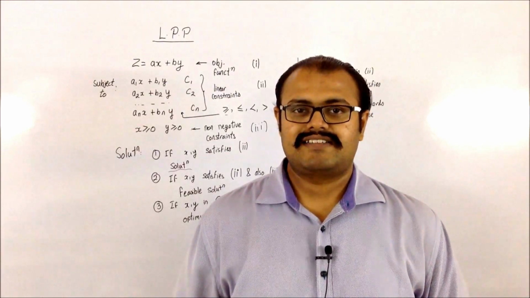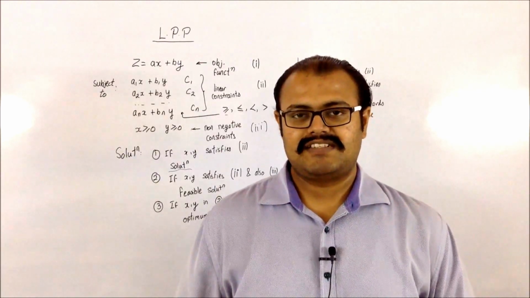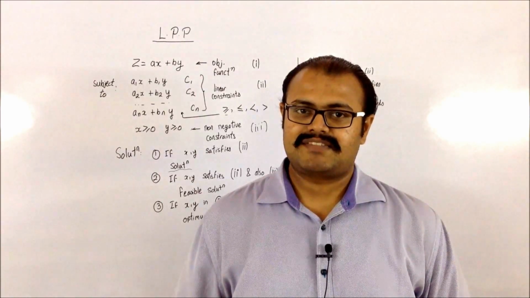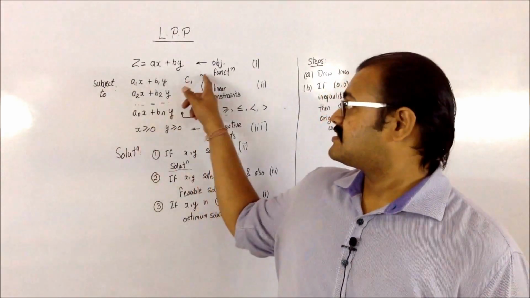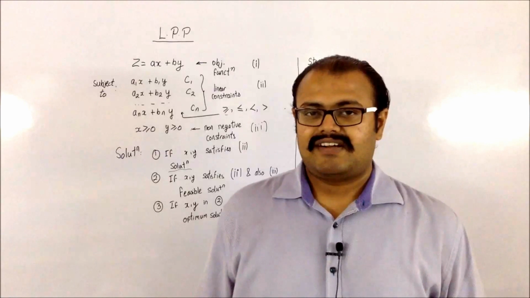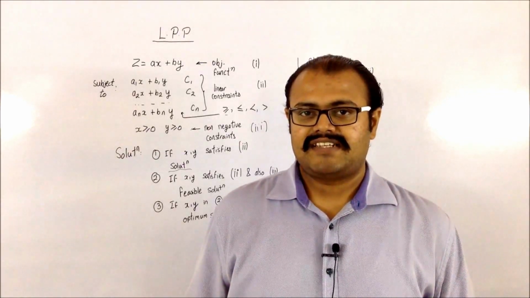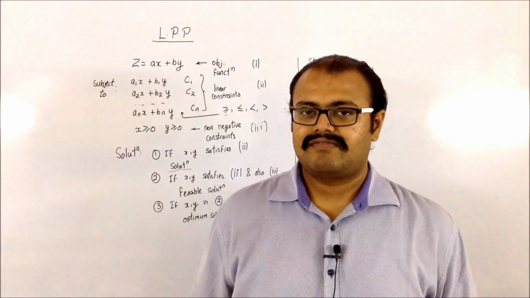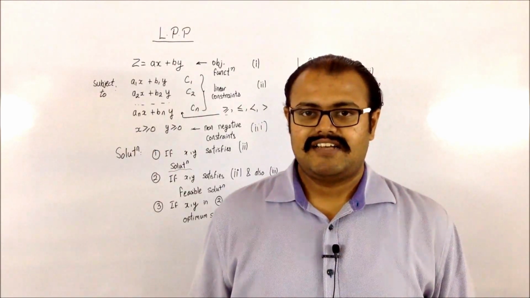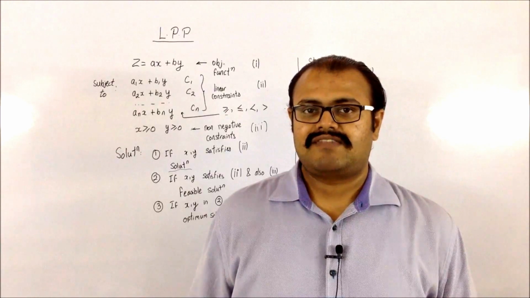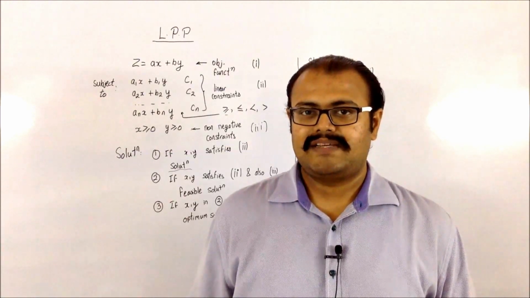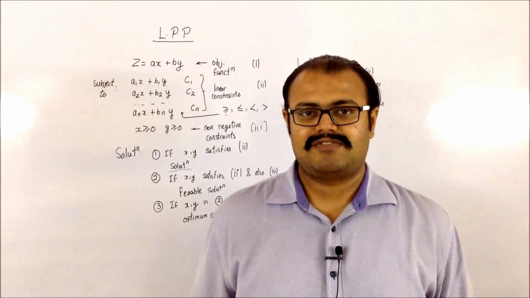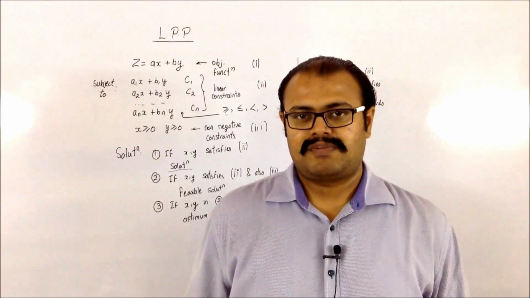Now you have to consider whether it's going to be the optimum solution or not. For that you have to take each and every point and substitute in the objective function. You will be finding either the maximum value or the minimum value, depending on what the question is asking. If you have to find the maximum value, then after substituting all the points, you have to check which of them gives a maximum value for z. That will be your optimum solution.